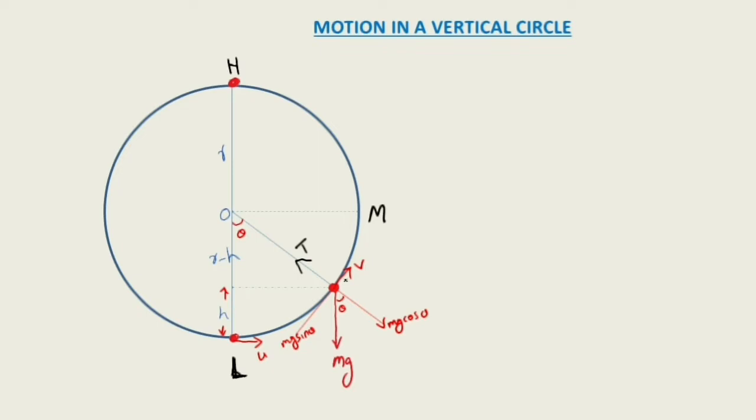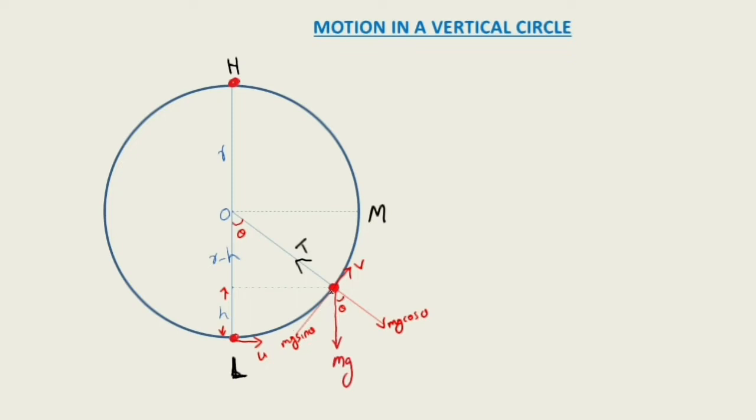So in the picture you can see one body. This red color is a body which is tied with a string, and now this body is rotating. Just imagine the body is rotating in a vertical circle, not a horizontal circle. When the object is moving from the point L, we are providing an initial velocity u here. Due to this u, the body will start moving in a vertical circle.